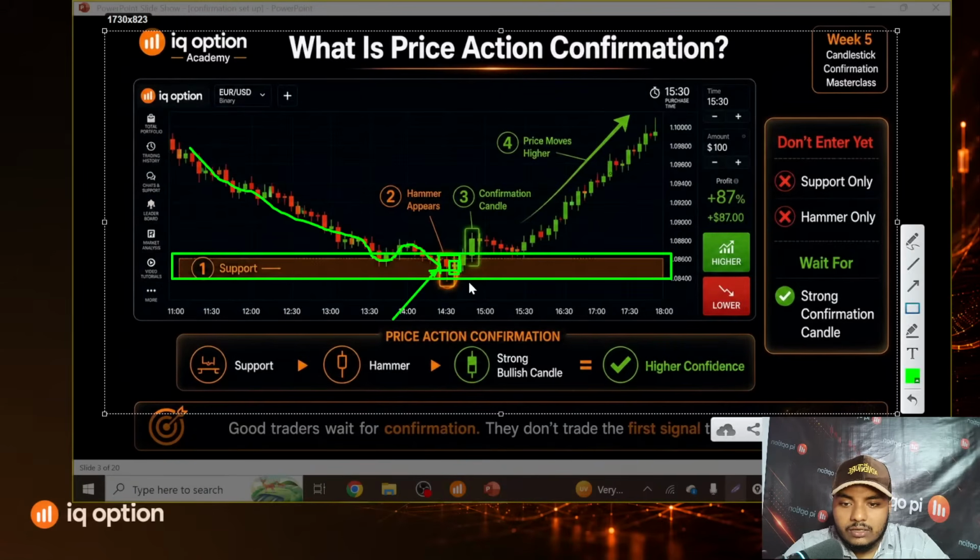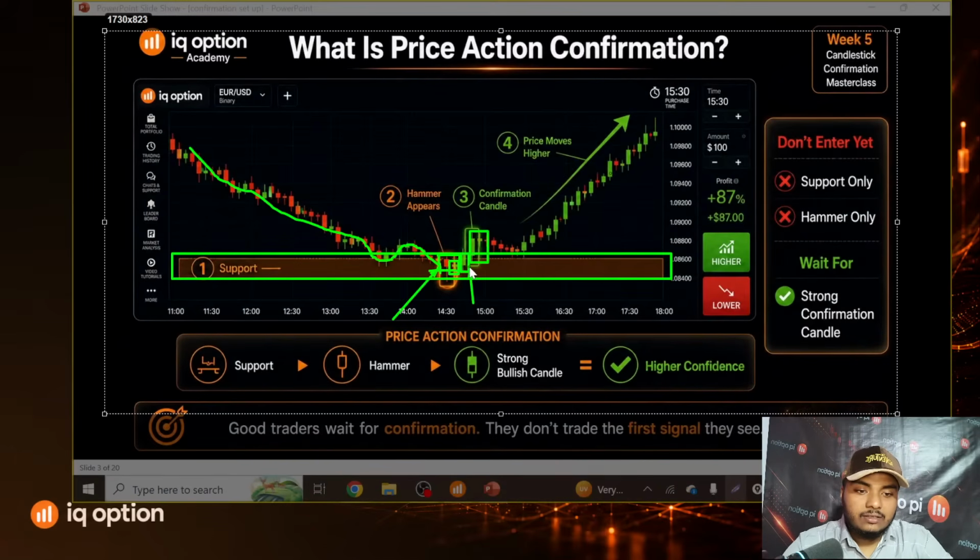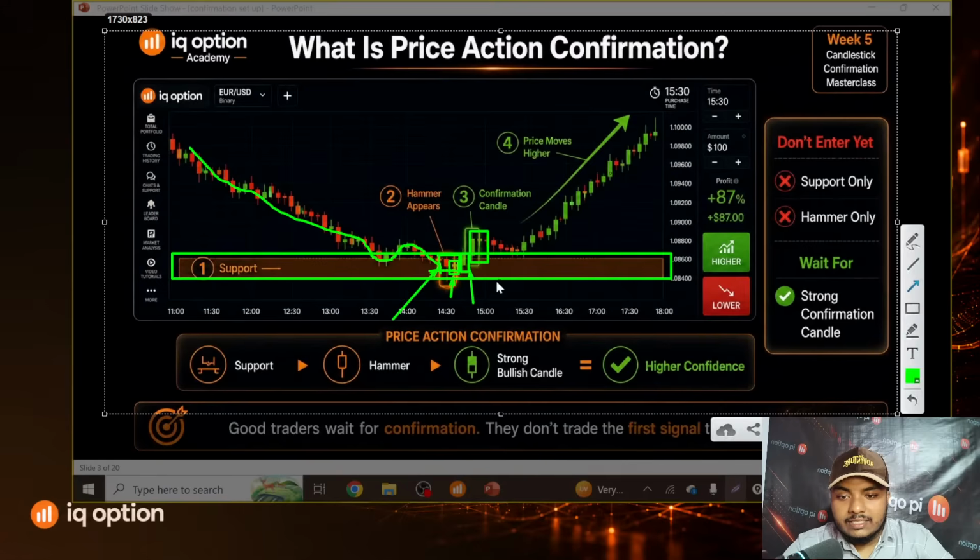a small green candle. Second, a good green candle. After the third candle, we found a good healthy green candle. The second candle is healthier than the first. The third candle is healthier than the first and second. That simply means buyers are pushing up, their pressure is increasing. So after getting this candle confirmation, we can execute our trade from here, because we know